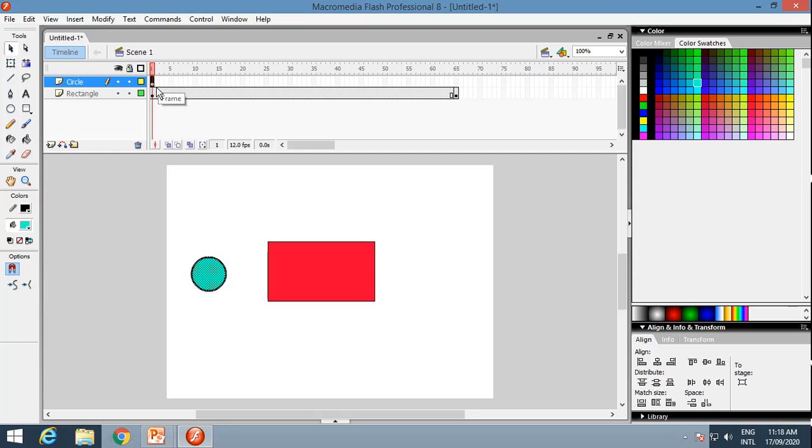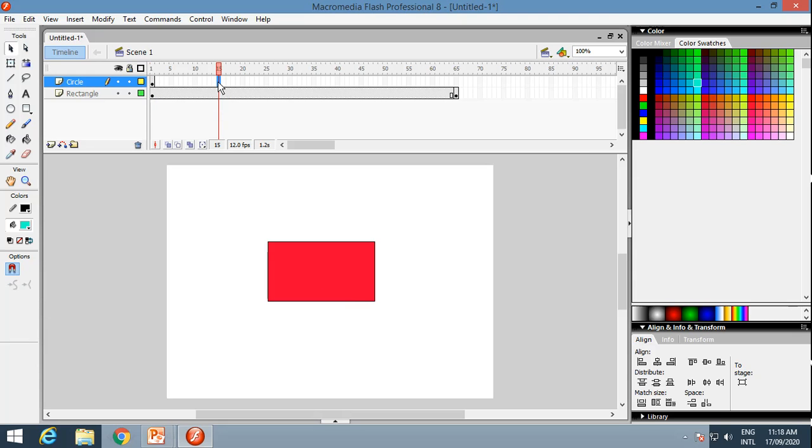Now I want to move this circle around this rectangle, but I have to give the animation. Now for giving the animation, you have to convert the frames to keyframes. For that, you have to first select any frame and convert that frame to keyframe.